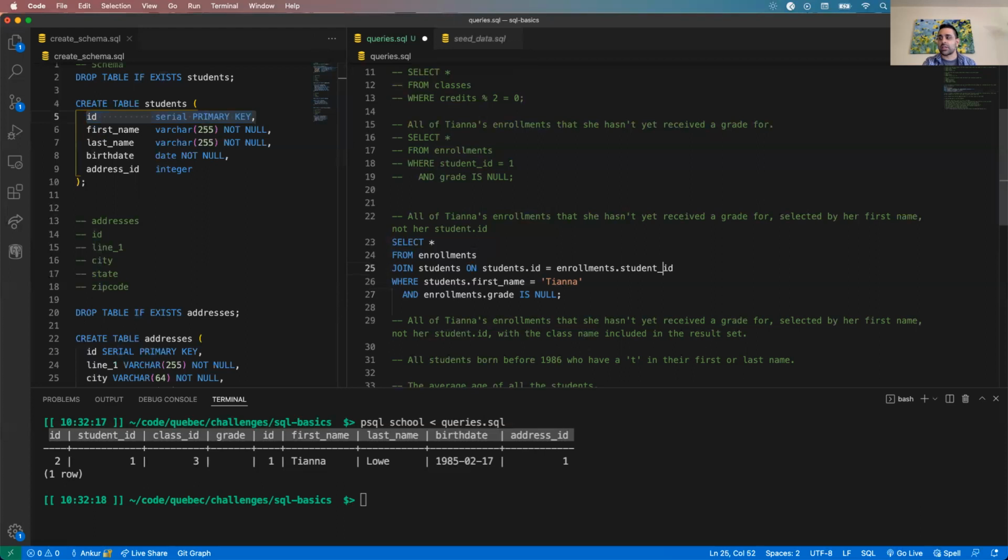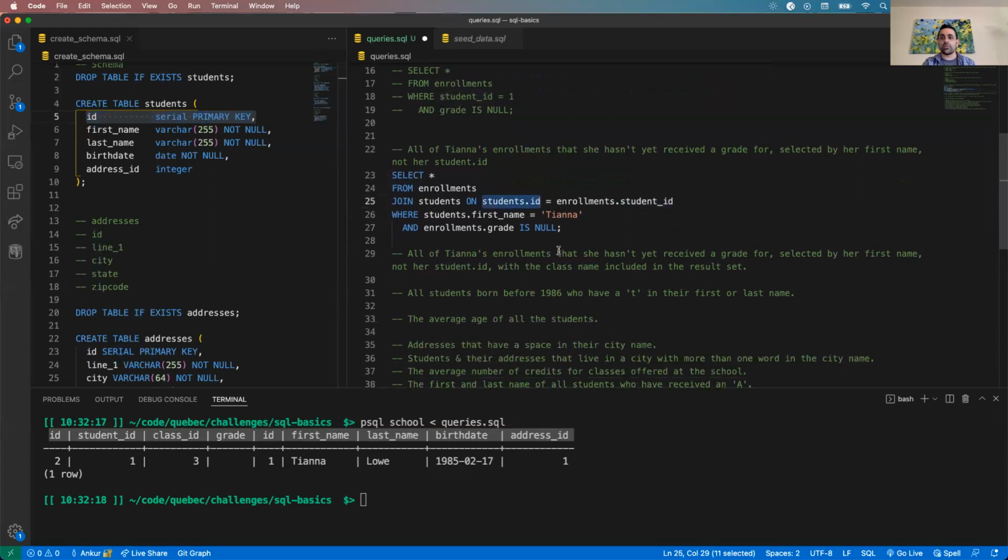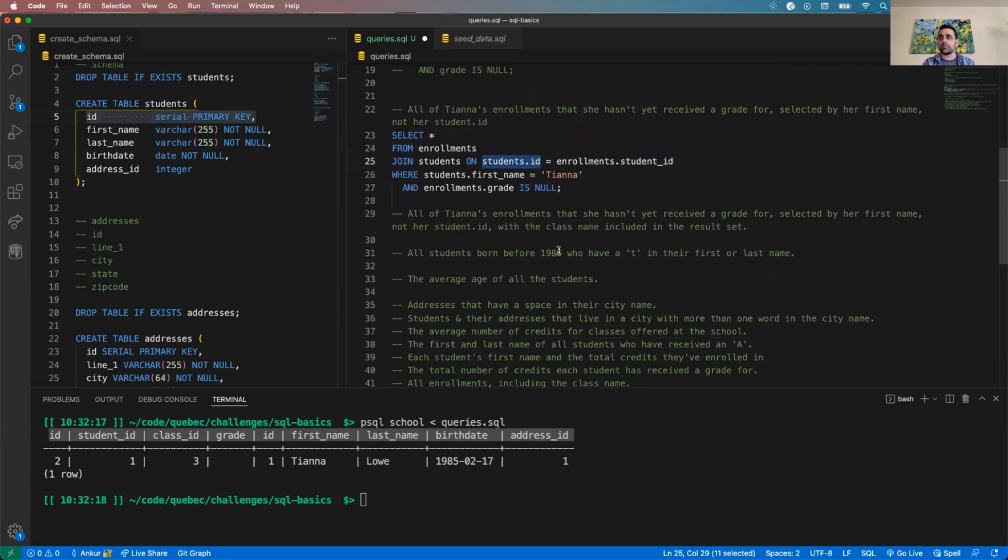In this case, we want to match the student ID field with the primary key from the students table, because that is how those are linked, or should be linked together. Once we create that match, there's this imaginary table that gets created that has records from the original table, which is enrollments. Notice we have ID, student ID, class ID, grade, and the student's ID. All these fields are from the student table. Notice that the ID from the students table always is going to match the student ID